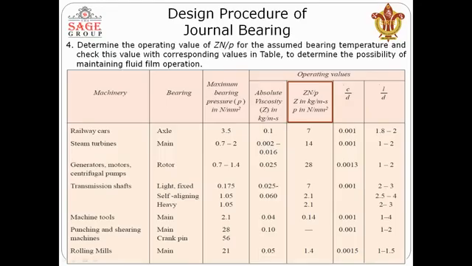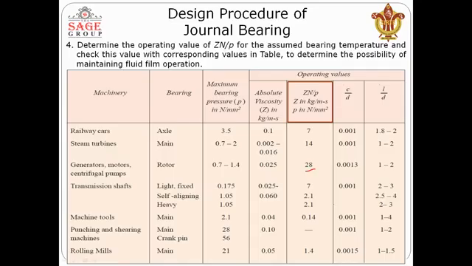It is very important because the value of ZN upon P is required to maintain the fluid film in complete operation. If the value of ZN upon P differs, it is possible that the fluid film will break. So we have Z, we have N, we have P. We will identify the value of ZN upon P. Now, this value of ZN upon P must be greater than the value given over here. Fine. For a centrifugal pump, ZN upon P is 28. So the value of ZN upon P should be equal to 28 or above.